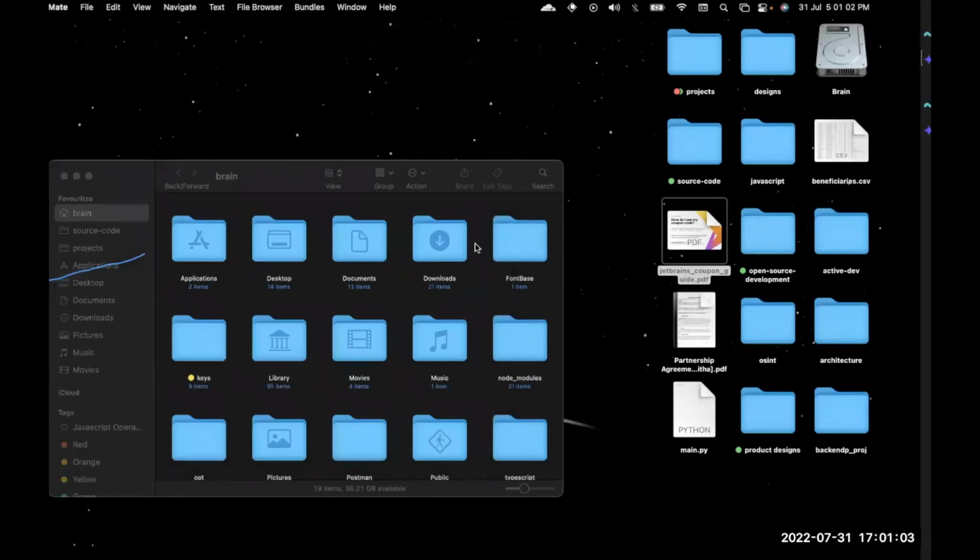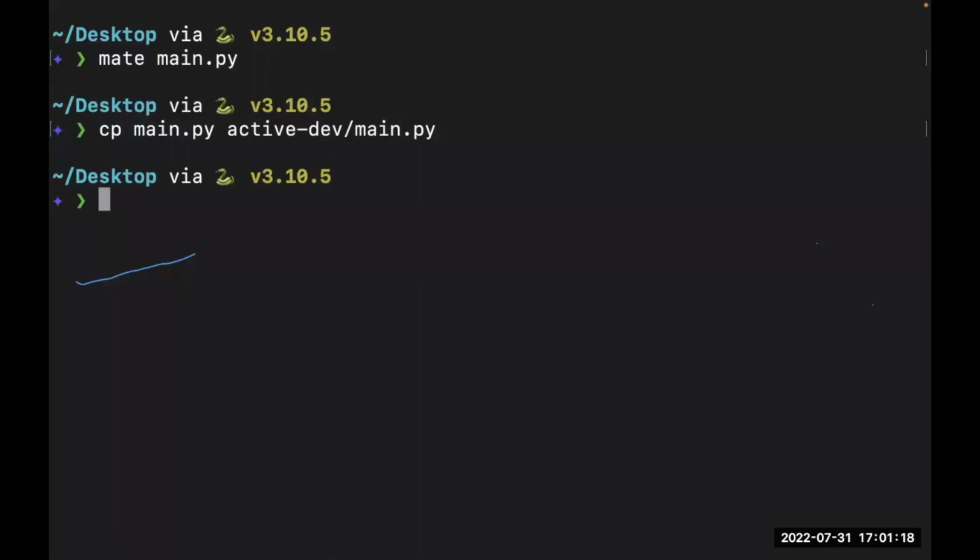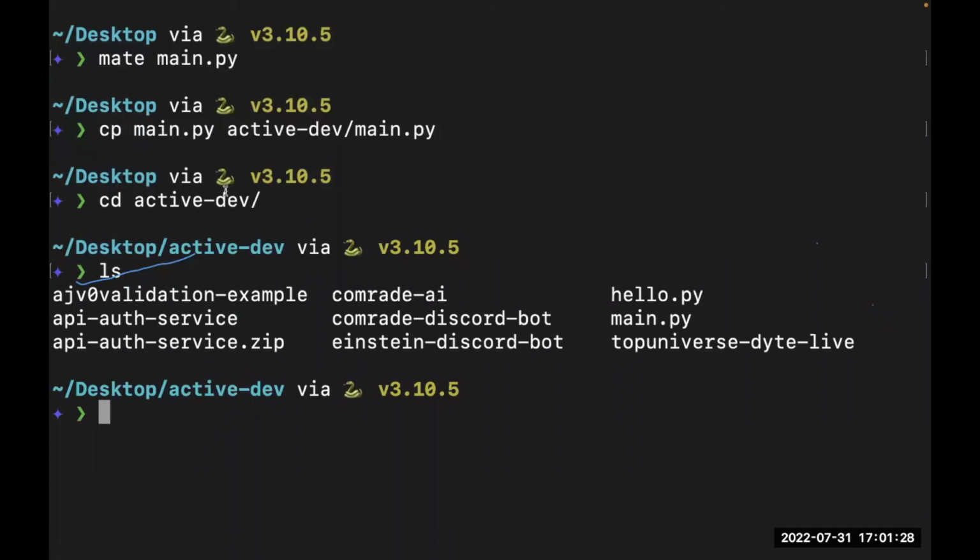I'm going to close this now, and back here, I'm going to simply say cp. I want to copy that file again, main.py, and let's take it back to active dev, and this time let's also just call it main.py. So I have copied the main.py file from my desktop into the active dev folder. If I go down to the active dev folder and use the ls command to list storage, I would also see the main.py here.